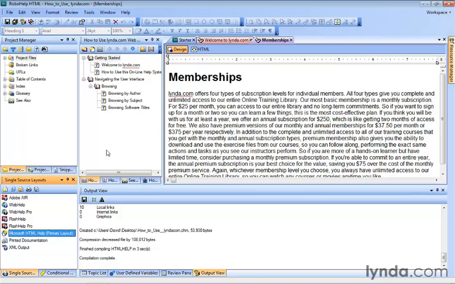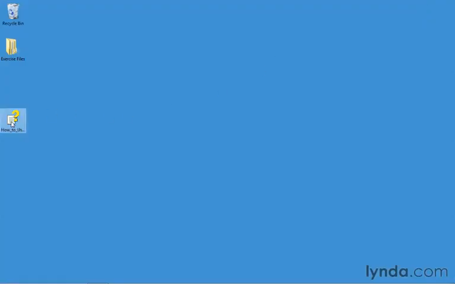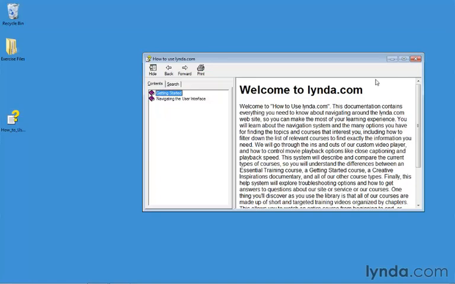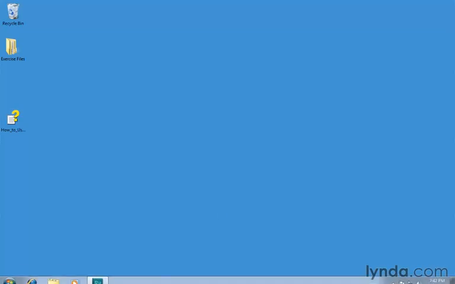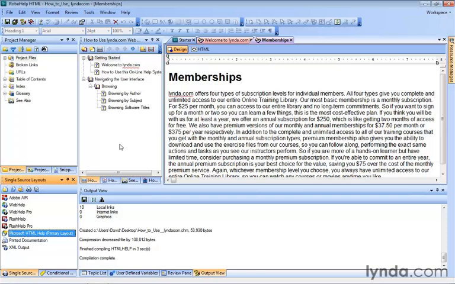Now, if you do want to see your project in that generated layout, you can. Of course, it's been saved to the location you specified. So, for example, if I was to minimize RoboHelp, I can see it right there on my desktop. Double-clicking it is going to open it. That's one option. Or if you're using RoboHelp and you're working away and you want to see it, you can